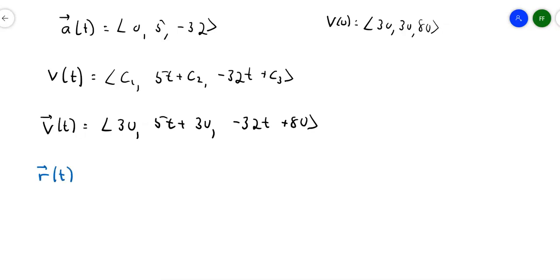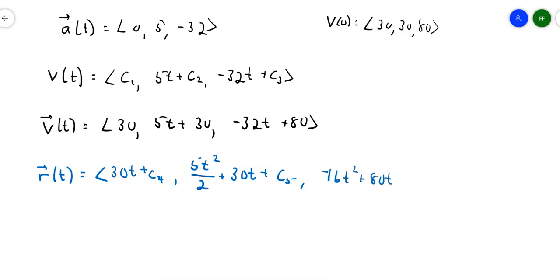All right, from there, let's see if I can find the position. So for this, I'm going to have to find an antiderivative again. So the antiderivative of 30 is 30t plus some constant. Let's call this c sub 4. This guy over here will give me 5t squared over 2 plus, don't forget, 30t plus a constant. And the last one will give me negative 32t squared over 2. So t squared over 2, let's make that negative 16t squared plus 80t